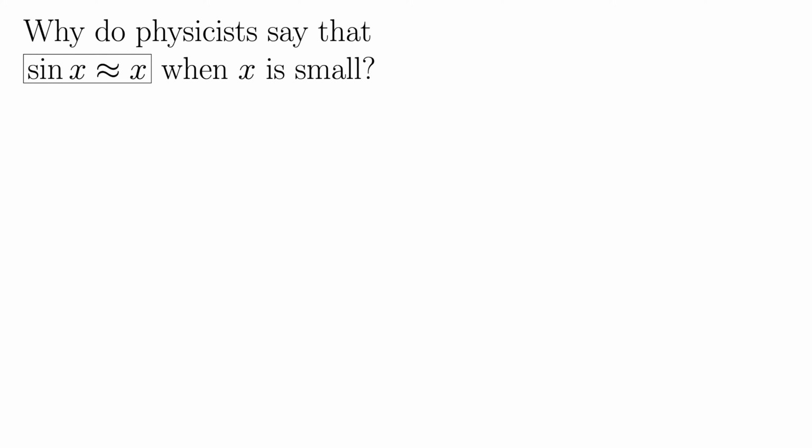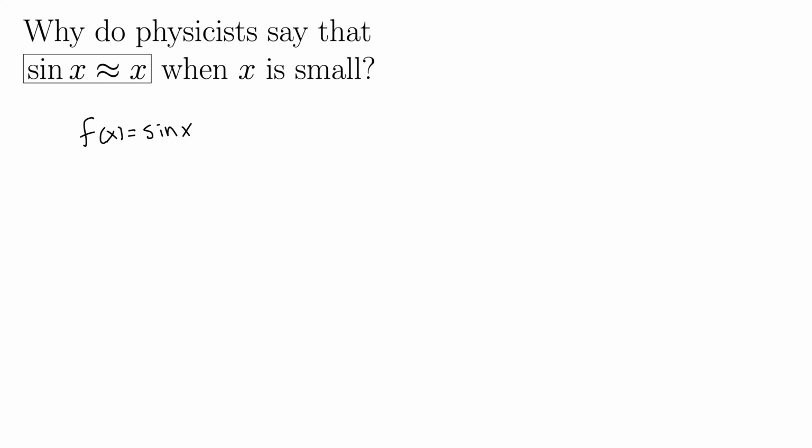Why do physicists say that sine x approximately equals x when x is small? If you're taking physics classes, you'll see this all the time. When you're working around x equals 0, you'll just replace sine of x with x. But why can we do that? Let's examine the function f of x equals sine x